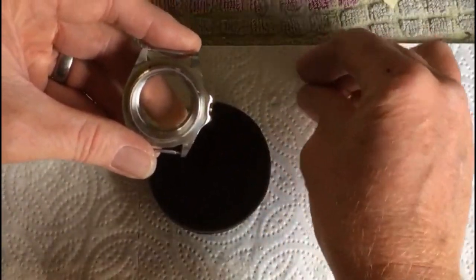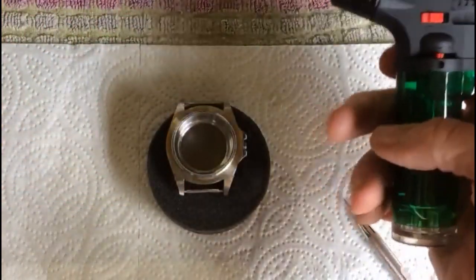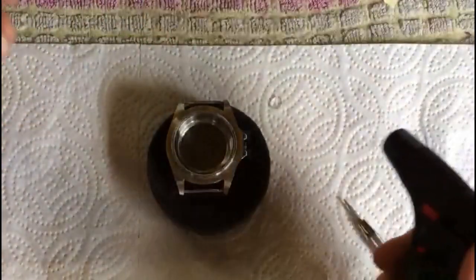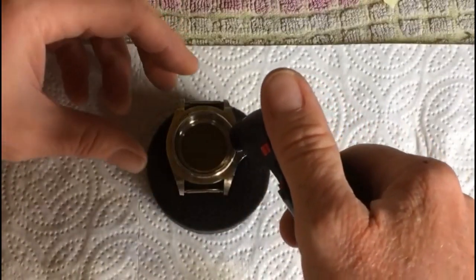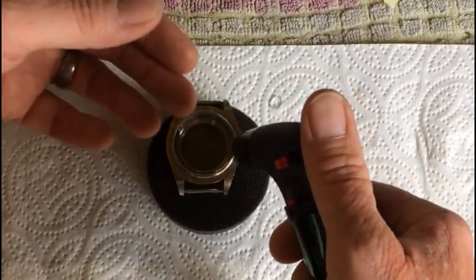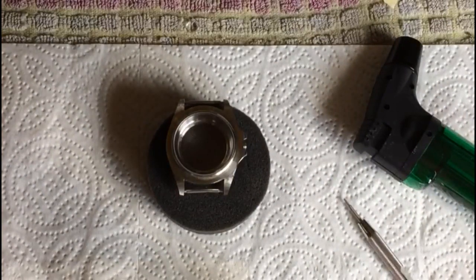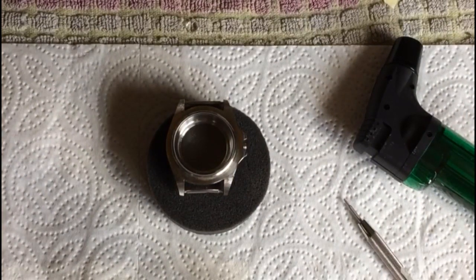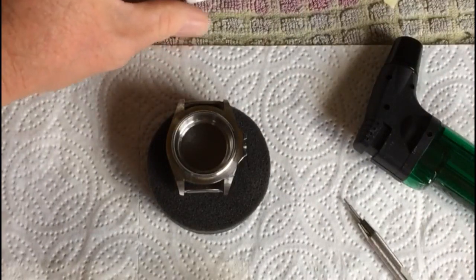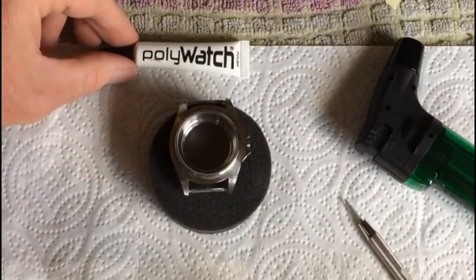And the way that I did this was just looking at instruction on YouTube, and I just used this thing, just a little mini sort of lighter blowtorch, and literally it says, you probably will have seen, you just put it on there, put it direct, heat it up for, I don't know, couple of seconds, maybe 3-4 seconds, then it just pops and it just slides off. And then just to clean it up after that, a little bit of poly watch on a bit of cloth just to clean it up and get any leftover